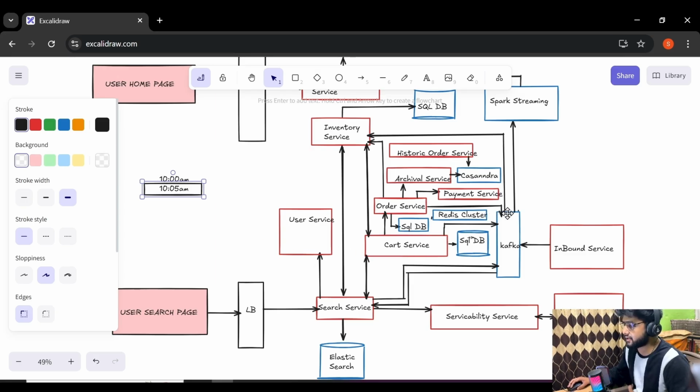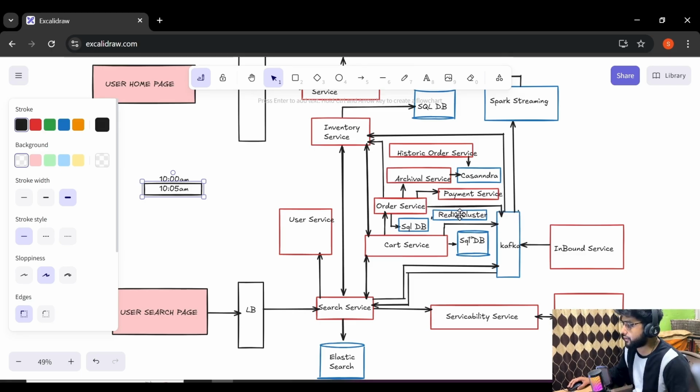But in the case where the user went to the payment gateway page and then just closed the browser, payment service will not send any update. So in this case the entry will stay in the Redis cluster.